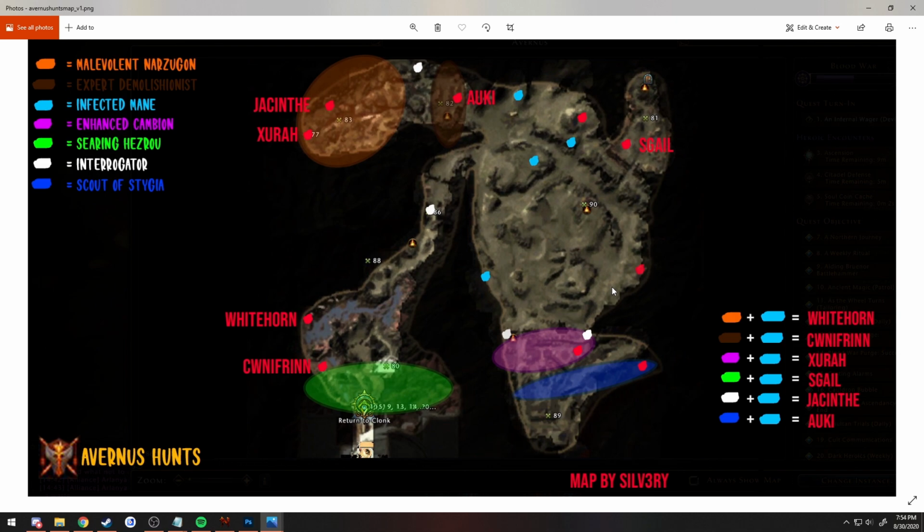And basically what I'm getting at is there are 4 unused platforms. 2 of them are in the Stygian docks, 2 of them are in the wastelands. So 3 of those will be for the tier 2 hunts, and 1 of them will be for the tier 3 hunt. Apart from that, you can see that I have marked on here where all of the different hunt